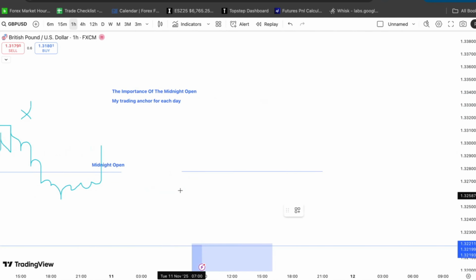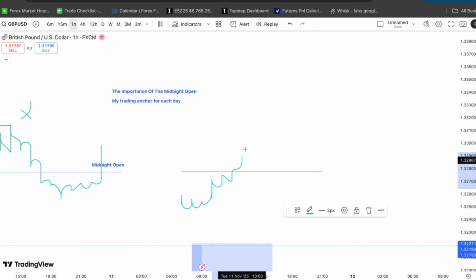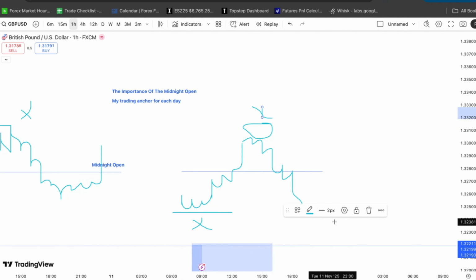We then also have the bearish side. So you have Asian accumulation. London will then phase above midnight open. And then in midnight open, if market is bearish, we can then look for a trade back down into the Asian lows. But we always want to ensure that we are trading with the trend, and we are only ever taking a trade above midnight open if we're bearish, and below if we are bullish for our daily bias. And that is how we're going to increase our win rate. So let's dive into some examples.